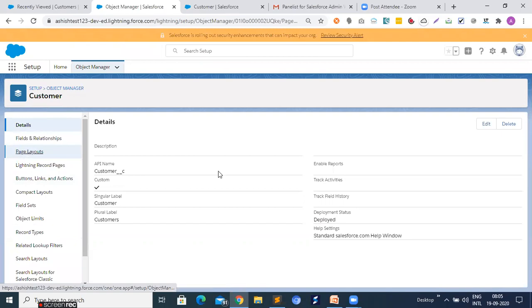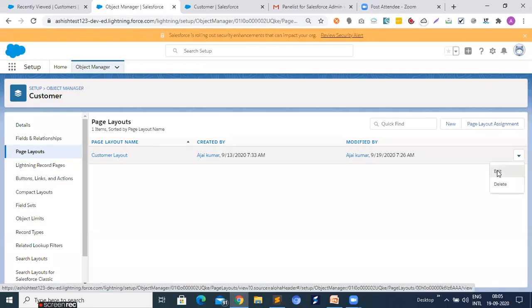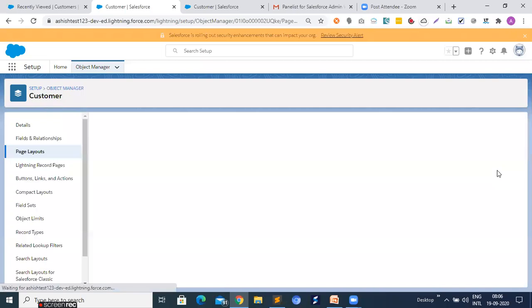When you click on the page layout, then you find different page layouts. Currently we have only one page layout. Just click on edit. You can create multiple page layouts for your object.